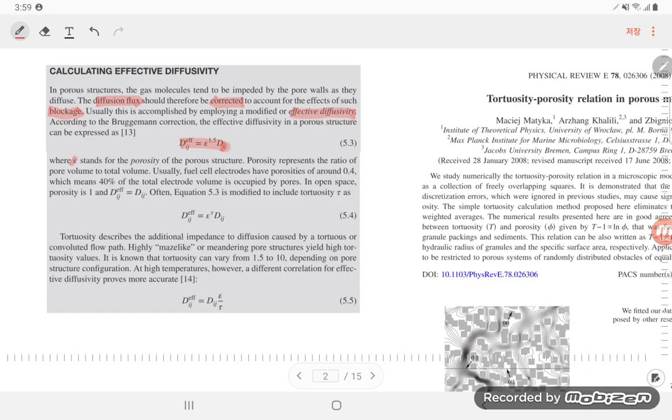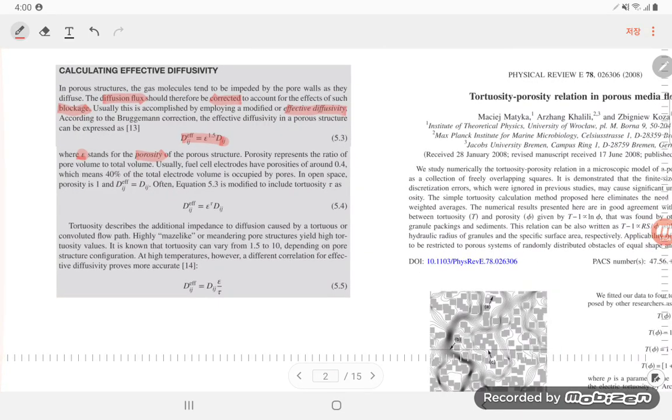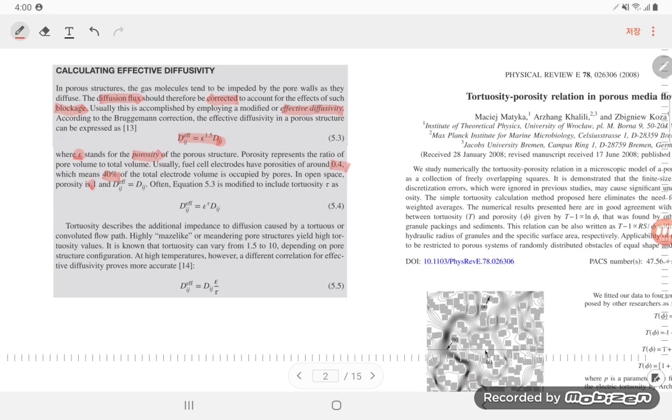And in here, epsilon stands for the porosity. Porosity represents the ratio of pore volume to total volume. Usually, fuel cell electrodes have porosity of around 0.4, which means 40% of total electrode volume is occupied by the pores. In open space, the porosity is 1. So the effective diffusivity and real